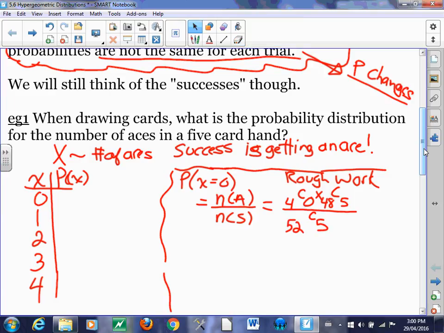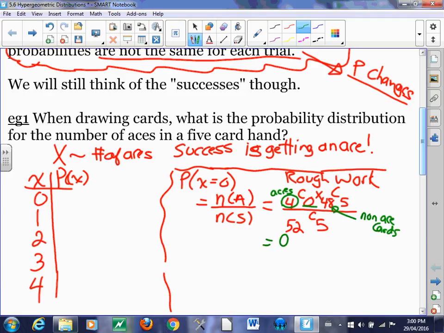Okay, so just remember that there's 4 aces, and we're choosing none of them. Okay, and the 48 represents the non-ace cards. Okay, all right. So plug that in your calculator, folks, and we're going to get 0.6588, and we'll put that in here as